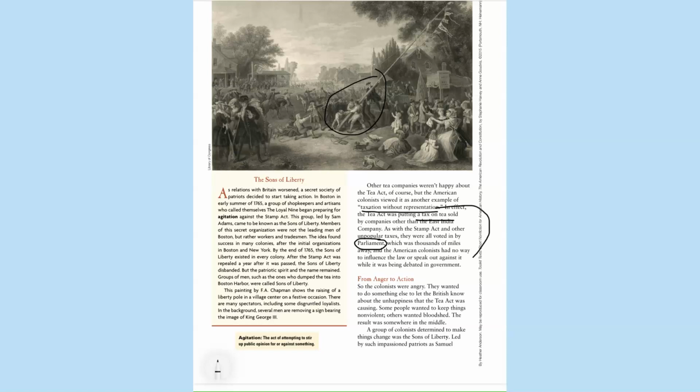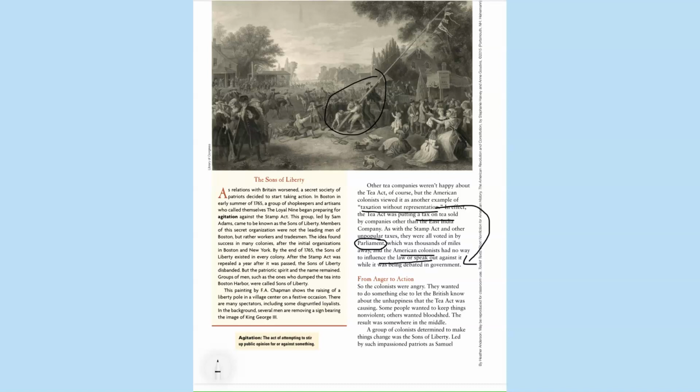I'm going to draw an arrow to show that this part's connecting back to that part and it's explaining to me. Basically, it means that the American colonists were being taxed and other laws were being created for them, yet they had no way to speak up or influence against these laws. So they basically were just told what to do, and they were never asked their thoughts, and they never had a chance to vote. So now I understand why people were very upset about it.